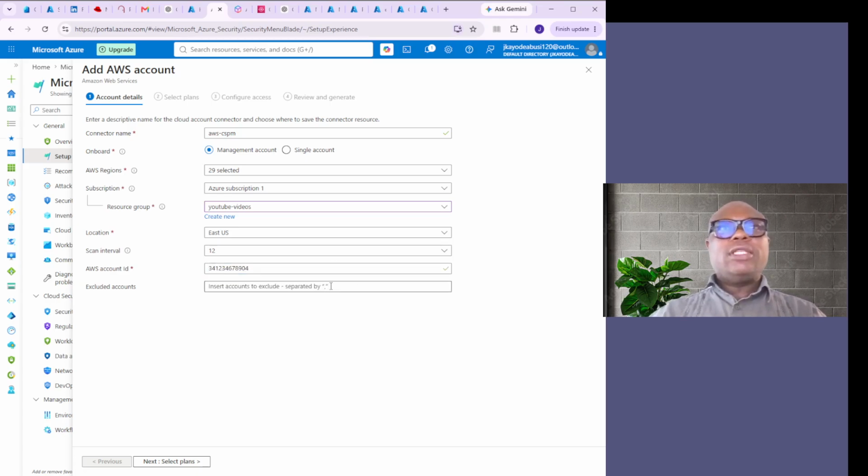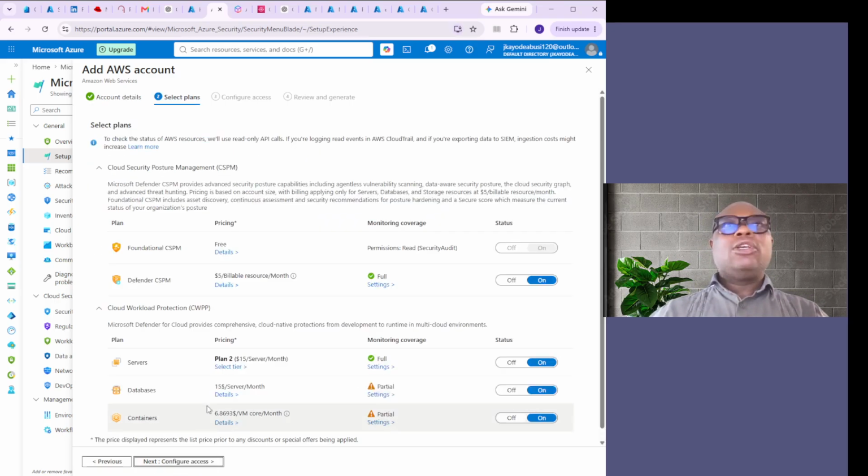I can put my AWS account there, and I can say if there is any account you want it to exclude, you can say that. Maybe you will have another one. So you can see, every AWS account you want it to exclude, you can exclude that. Now the point I'm trying to make here is that you can use CSPM to defend your other cloud workload